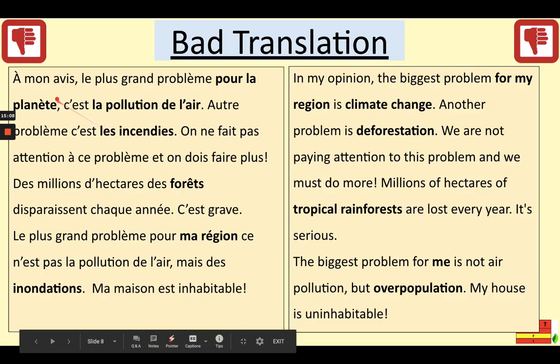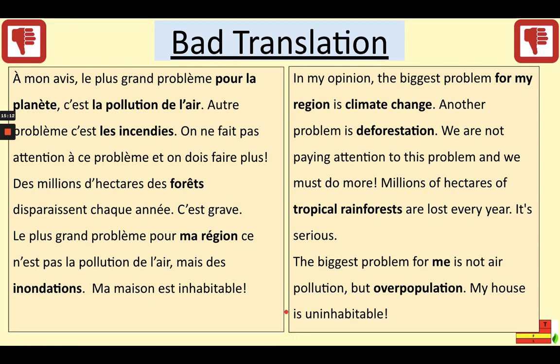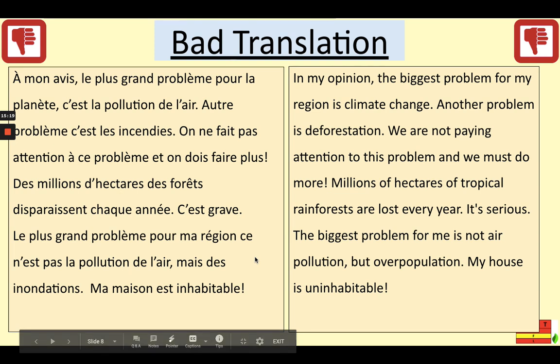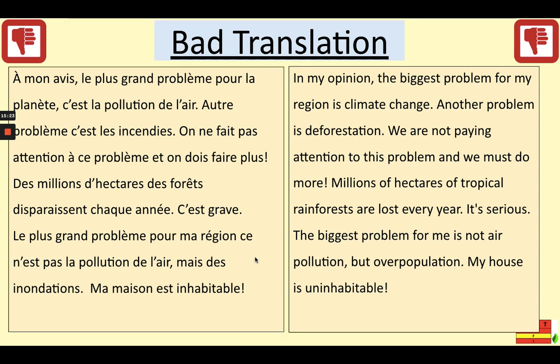Okay, so in the next exercise, very similar text to what's just come up. It's a bad translation, so there's a number of mistakes in the translation that I've made from the French into English. So there's a number of different ways you can do this. You can write the whole text out in English, correcting the translations that I've done from French. You can write the whole text out in French, correcting the translations from the English to the French, or the really challenging one, and the one that I want you doing, particularly if you're the higher students, or just if you think you're up to the challenge, is you write out the text and you swap the